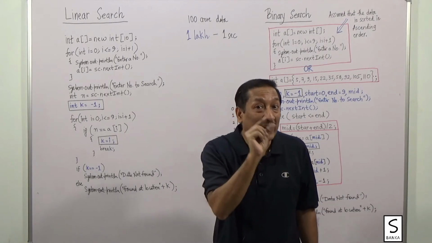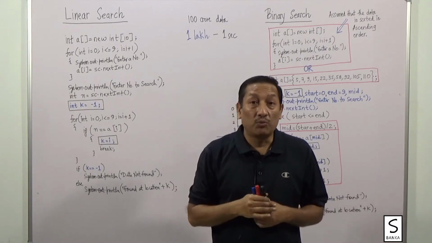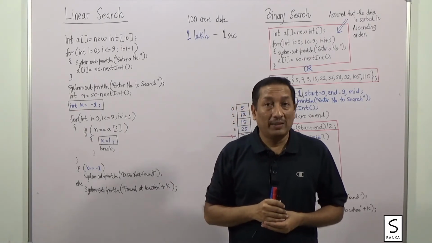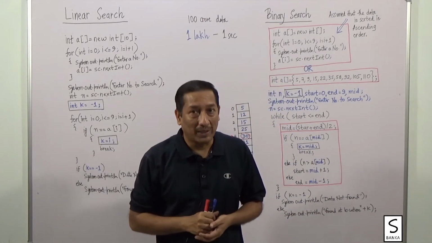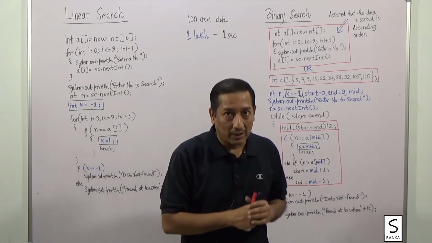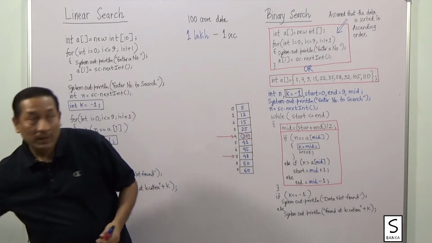So 38th part of 1 lakh or 1 second. That is very, very fast. And that is why the binary search method is a faster technique than the linear search method, and that is the reason we are going to study it. Now we need to discuss how this method actually works. For that,